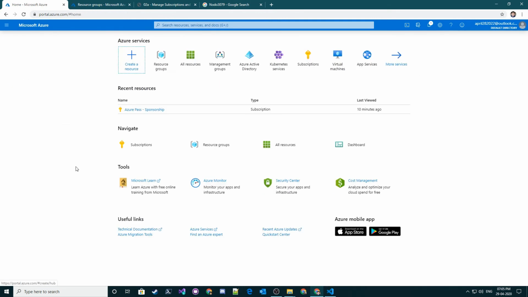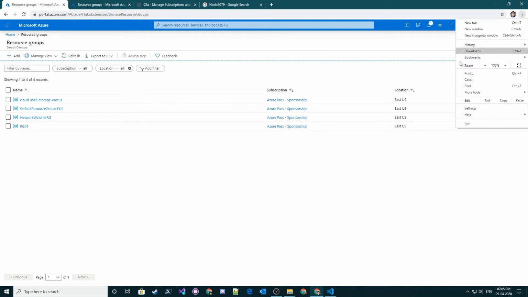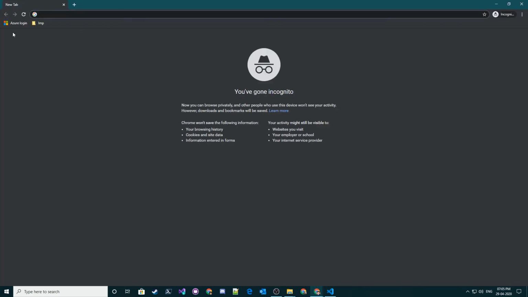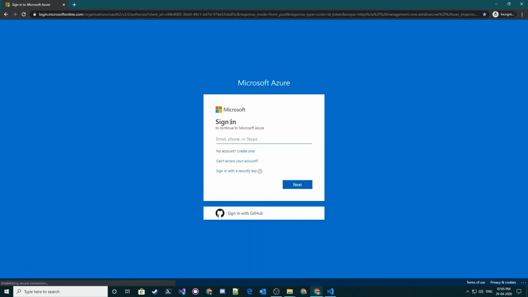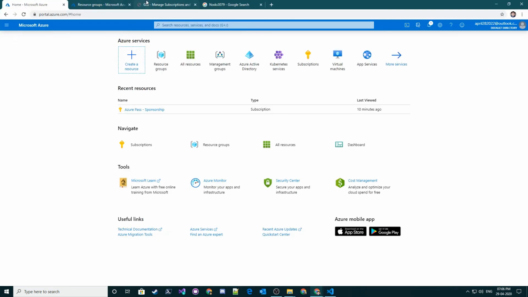I believe this is now deployed. If I go to my resource groups, now both of them will be visible, I believe. So we have 4 or 5 resource groups over here, and it takes a few more seconds to get deployed. We should be able to see 5 resource groups, but we should not be able to create a resource group by using that account. So I'm going to go to an incognito window and to the Azure portal.